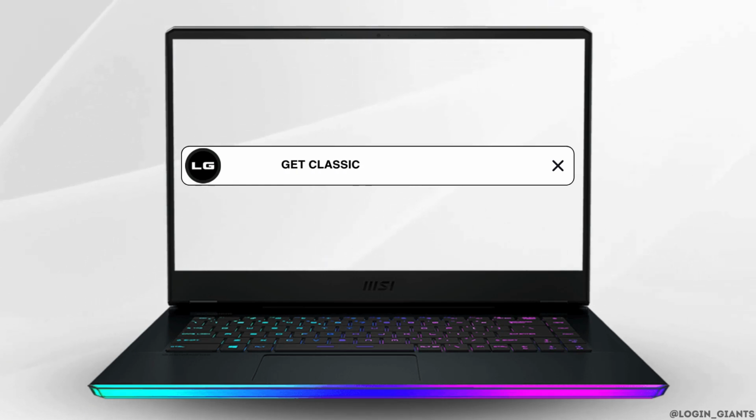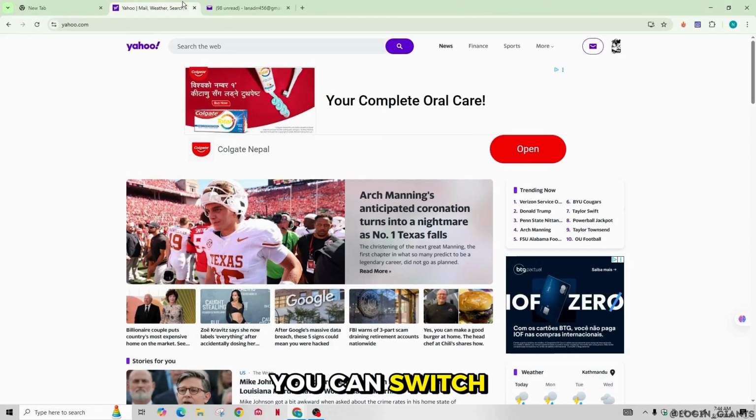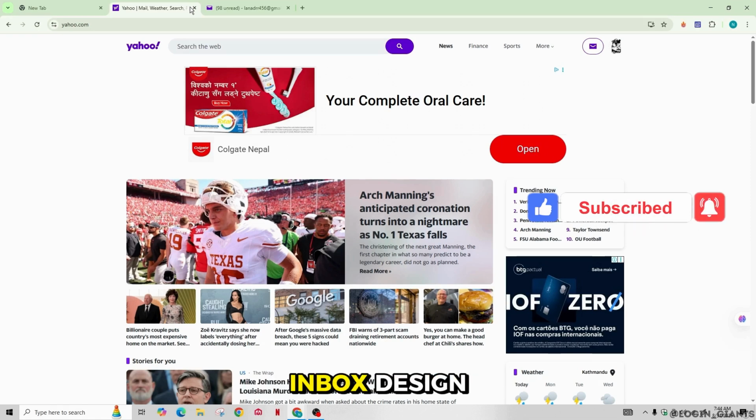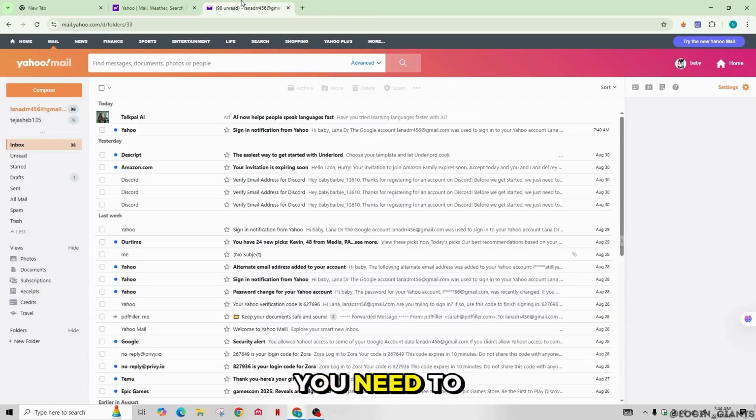Yahoo Mail's interface has changed over the years, but if you prefer the classic, which is the older layout of Yahoo, you can switch to it on a web browser. This view has a simpler, traditional inbox design. So the steps to switch to classic view is, you need to first go to